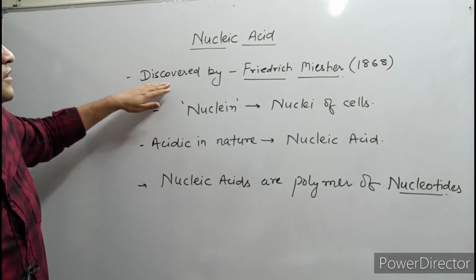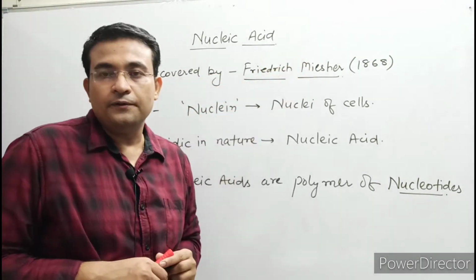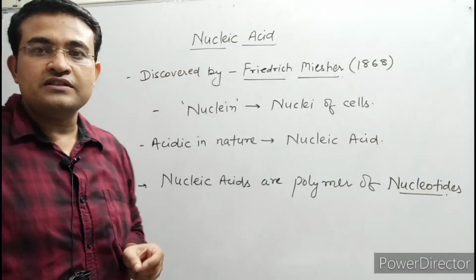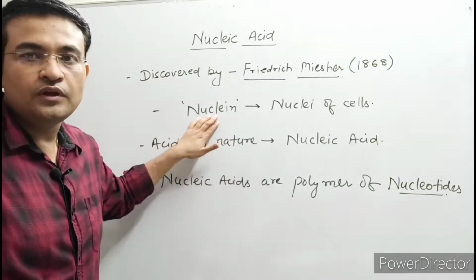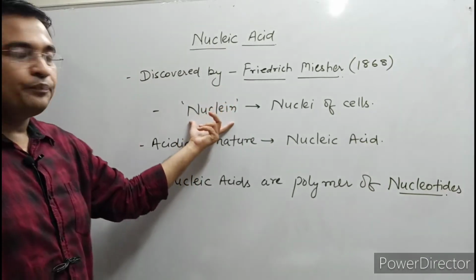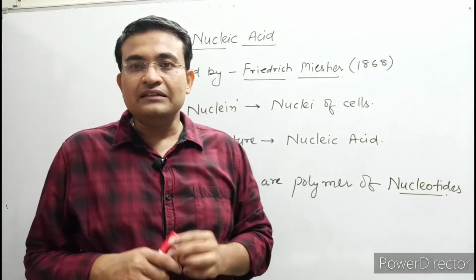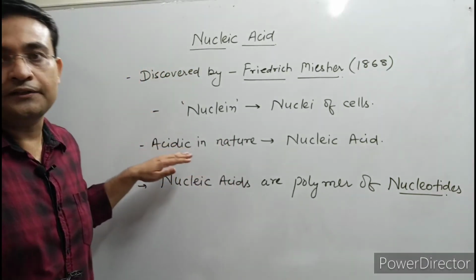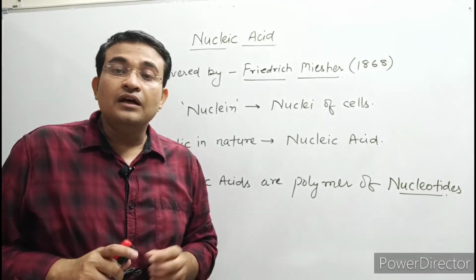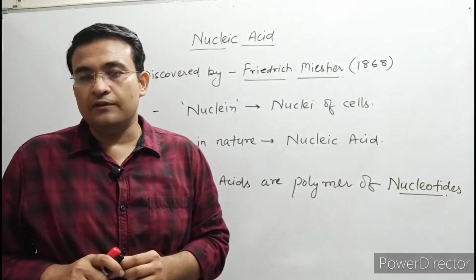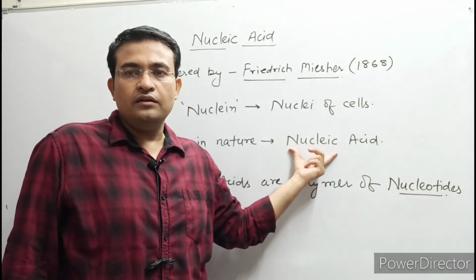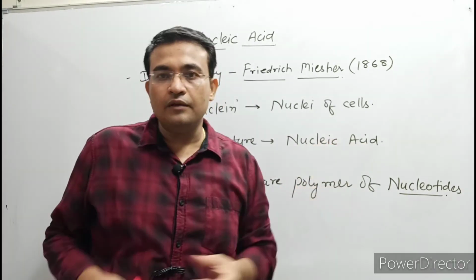So nucleic acid was first discovered by Friedrich Miescher in 1868. And he discovered these nucleic acid or these molecules in the nucleus of the cell, so he named it nuclein. It means it was found in the nucleus of the cell, so he named them nuclein. But in further studies it was seen that these molecules show the acidic characters. It means they were changing the blue litmus paper in red litmus paper, and the pH of these molecules was less than 7. So a new name was given, and that was nucleic acid. And nucleic acid now it is the most acceptable name for these molecules.